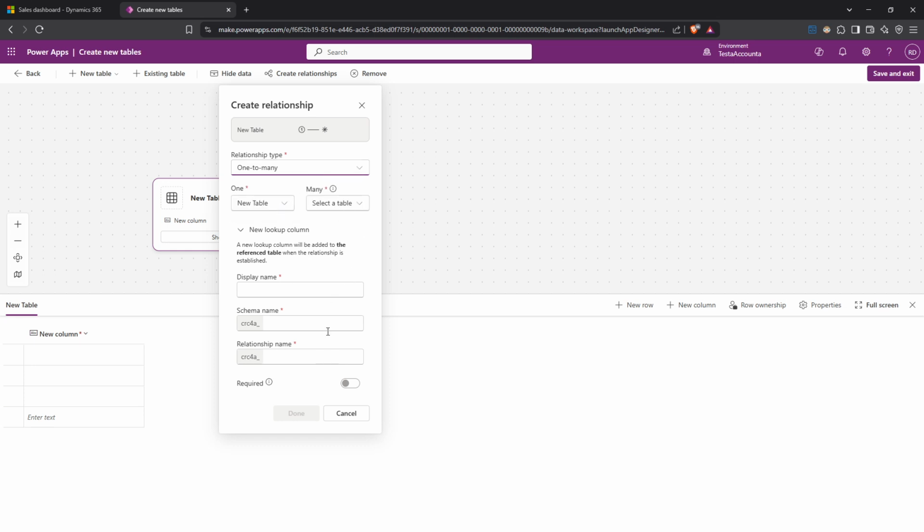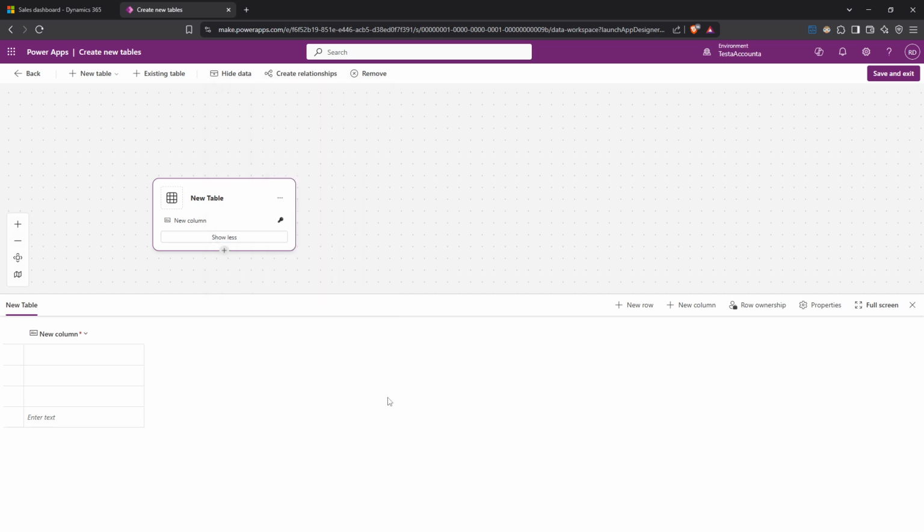Finally, once you've added your columns, rows, and any necessary relationships, it's time to wrap things up. Make sure everything looks great, then just click Save and Exit. That seals the deal and locks in all your hard work, and there you have it. That's how you create a table or entity in